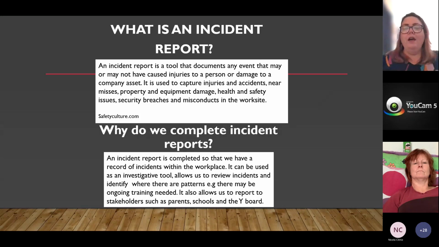So essentially, the incident reports are recording on anything out of the usual that's happening within the organisation. So it's about being open and transparent, so recording things that are happening, and we've got a record of them so we can review them, see what's happening across the organisation, look for patterns. In terms of behaviour, so we talked about using incident reports for behaviour. They can be used as